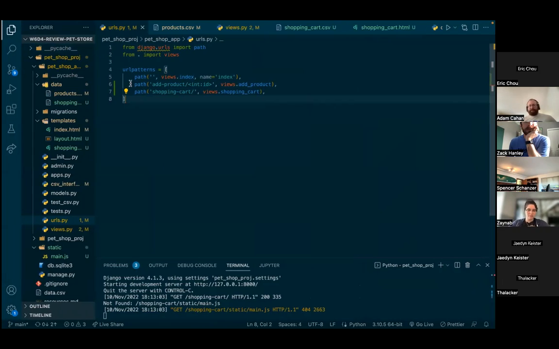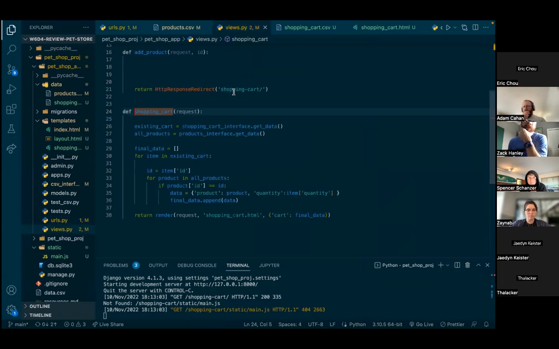So you're just talking viewing the cart from the URL. Correct. So, all right, we're in our URLs file. When we call shopping-cart, it goes into the views, the shopping cart function, which establishes our existing cart. So we've got the shopping cart interface, and it grabs all the data for